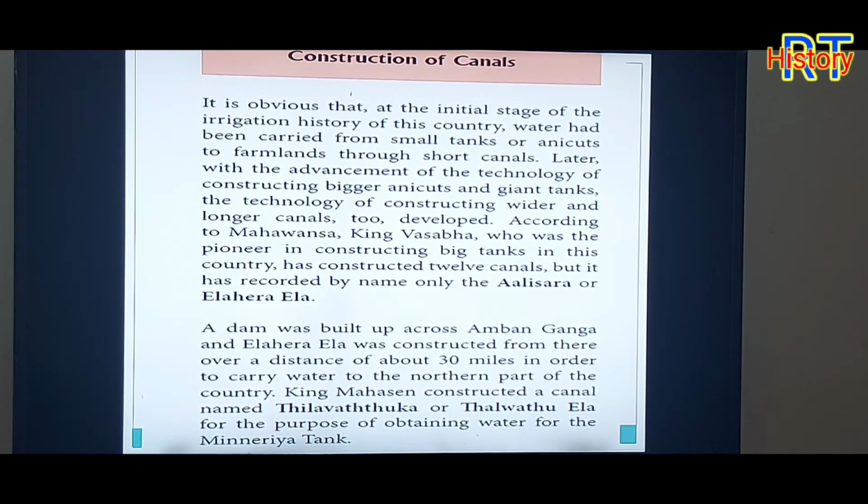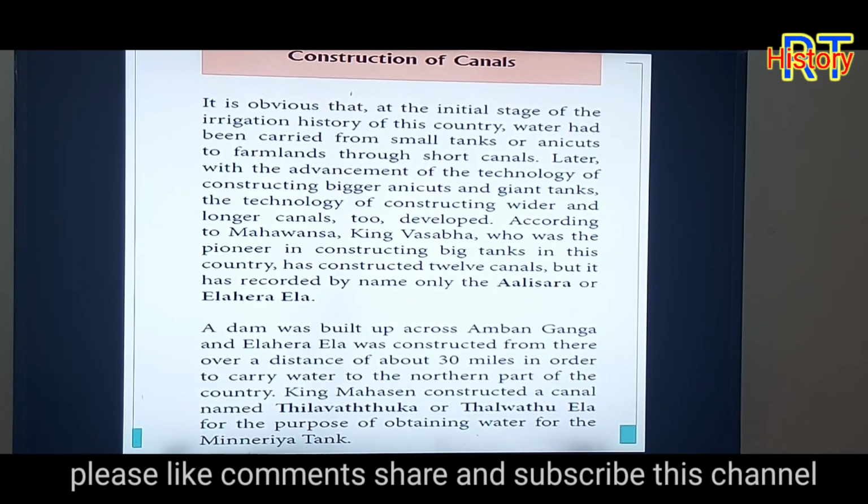Construction of canals. Water has been carried from the small tanks and anicuts to the farmlands through short canals. Later, with the advancement of the technology of constructing bigger anicuts and giant tanks, the technology of constructing wider and longer canals too developed. According to the Mahavansa, King Basamba constructed 11 tanks